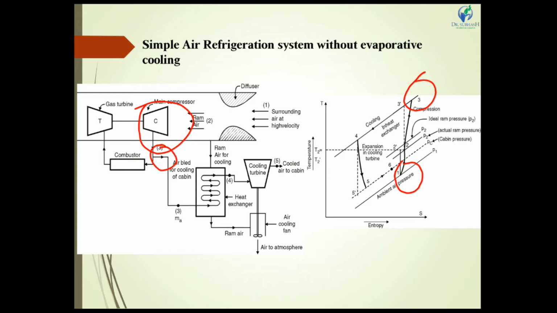After the compression process, air is passed through the combustion chamber and next is passed through the heat exchanger, where we have to remove excess heat from the air. This is the heat exchanger. For heat exchange, we have to give additional air from the propeller to cool down the air. There is an air to air cooling and non-mixing process inside the heat exchanger.